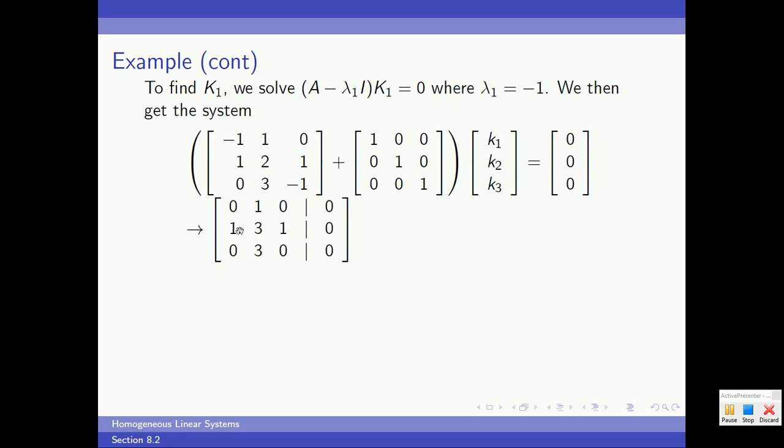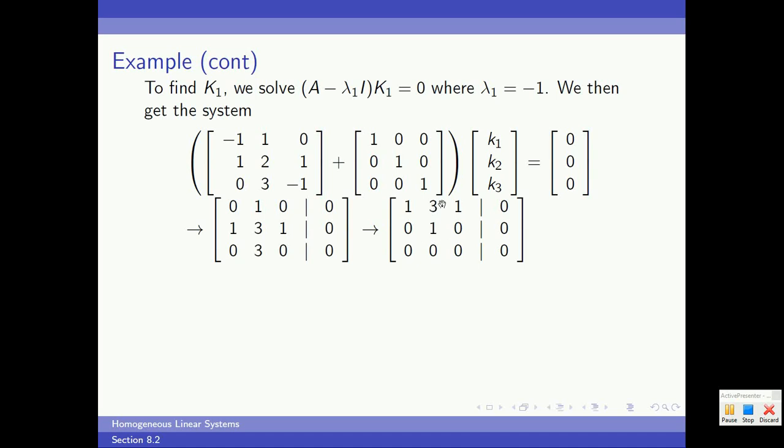So I'm going to flip this row to the top because this is where my leading 1 is. And then I switch the 2 top rows. Here's my leading 1. And then I can get rid of the bottom because I could take -3 times this row plus this row gives me all zeros down here. So I can also take